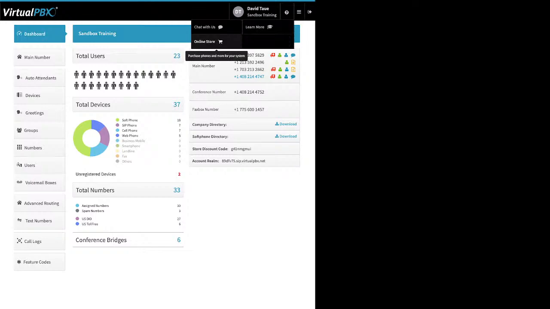The online store opens a new tab, takes you to store.virtualpbx.com, where you can order things like a VoIP phone or a router, etc. Now there is a fourth square here, and what can show up here is the web phone. It shows up after you've added a web phone to your user. After you've added it to your user, usually by the next time you log in, the web phone link will show up here. This will then open up a new tab to take you to